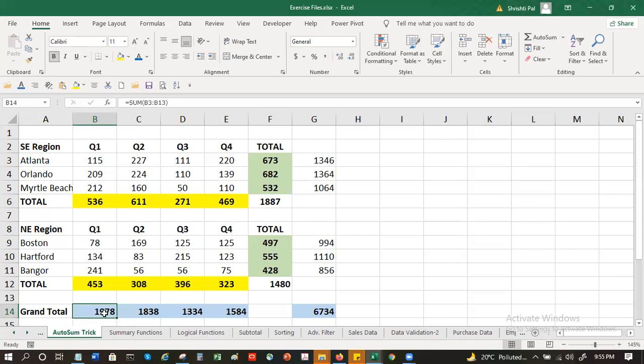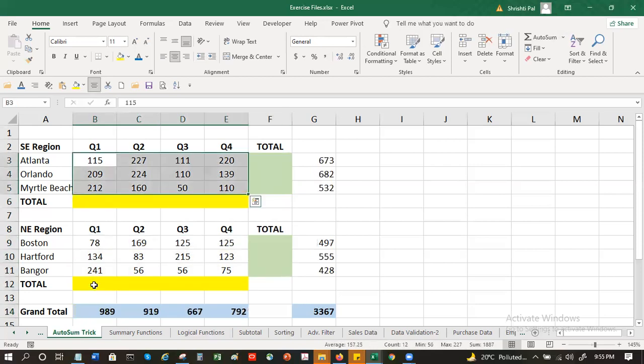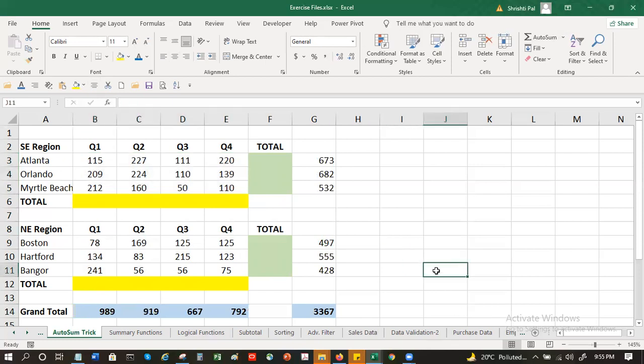So, 1978. Actually, it should be 989. So be careful as well so that it doesn't mess up your data.